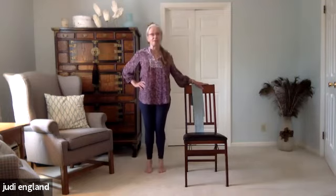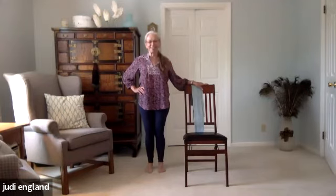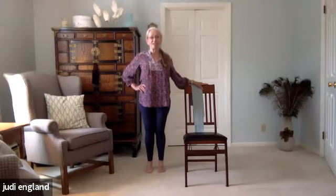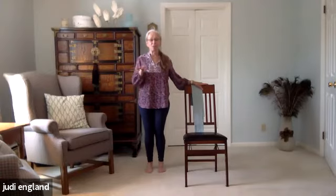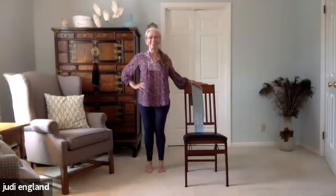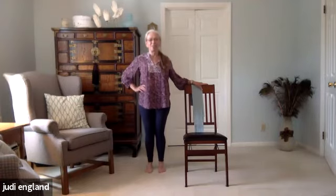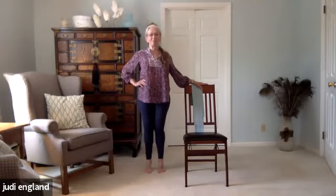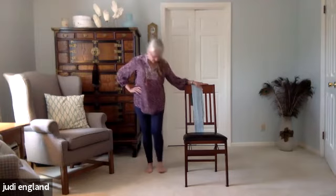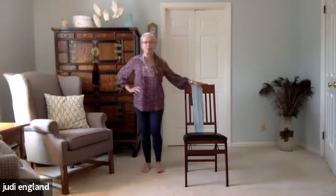So inhale, lift up on your toes. Exhale, bring them down. Inhale, lift up and down. So just notice if you're keeping your weight focused right on the big toe side of the feet, and down. Breathe up and bring it down. So let's shift weight to the right leg, which should be the leg closest to the